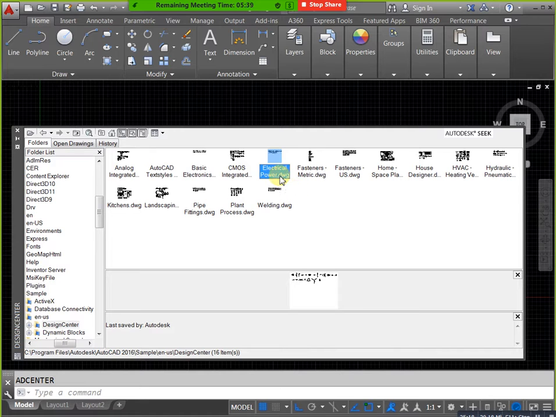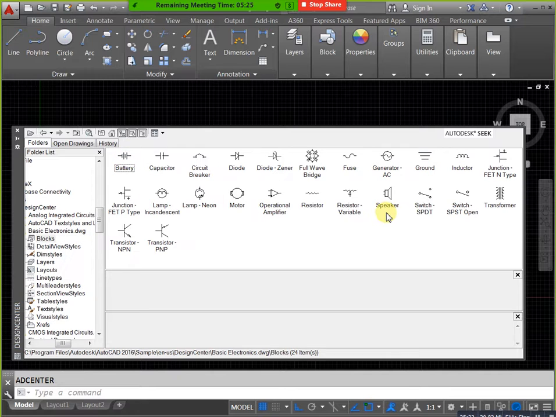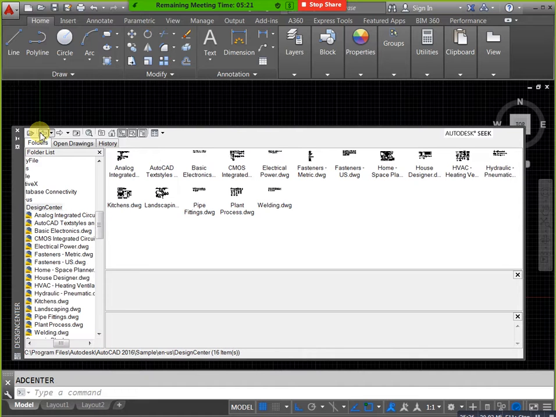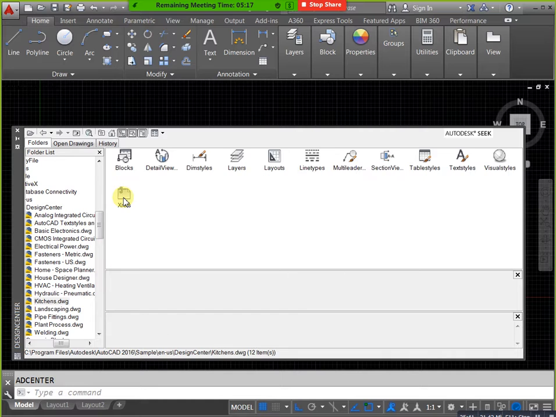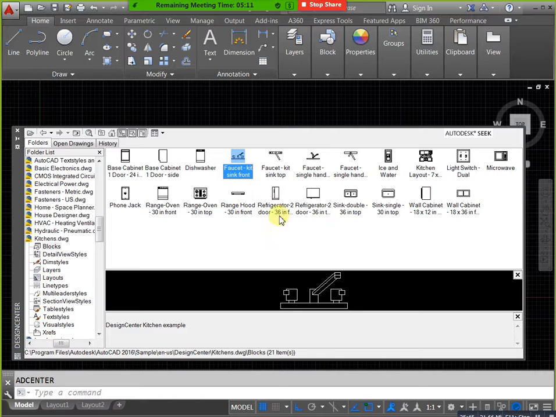If you need kitchen appliances or kitchen equipment, you can see the oven. In section condition you can apply like this, or sink. Okay, complete kitchen layout, if you need, you can use that one. For example, I no need this one. In case I need pipe fittings, you can use this one, blocks: 90 degrees, Y fitting, 45 degrees elbow, cross fitting, T fitting. Whichever type you need, you can select that one, or otherwise you can design. All are applicable. If you need welding symbols, you can use welding symbols also.